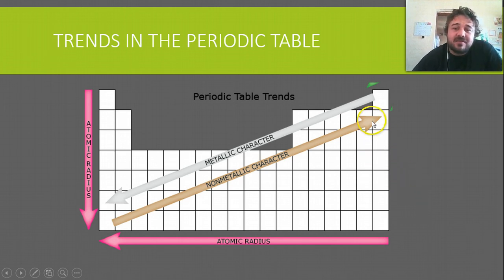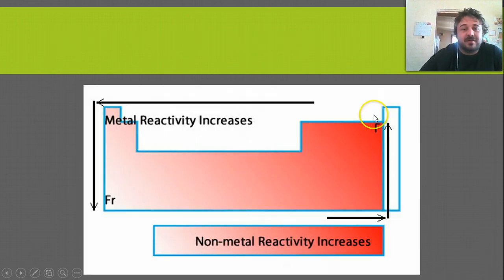Metallic character, so how much the atoms over this side really fit the metallic properties, that's over here, and the least metal of all are over here. So these are the super metals, least metals. All right, so when we're talking about reactivity, how well something reacts or how easily it reacts,